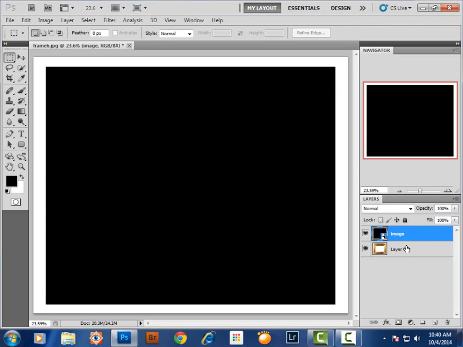There we have created our first smart object. I know it's a smart object because, one, I can see the little smart object icon there. That little thumbnail, that little icon, indicates that this layer has been converted to a smart object. So now here is where the beauty of a smart object comes in. We want to bring down the size of